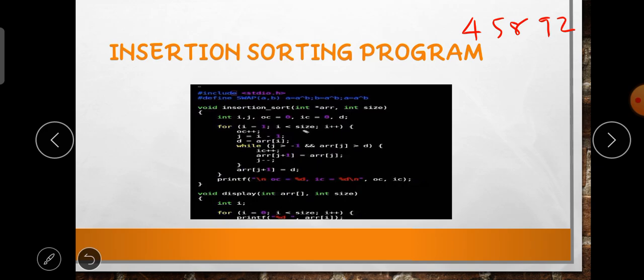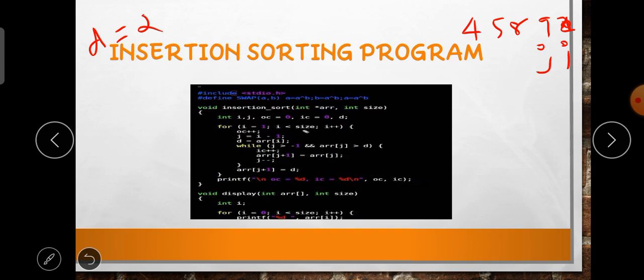D is to be stored again, so no value is stored in the D. Now I increment the value of I, so I is going to point here to 2, and j is I minus 1, so it is going to be put at the 9. So the I value is 2, and this 2 is stored, and this element is taken, it is in the empty place only.